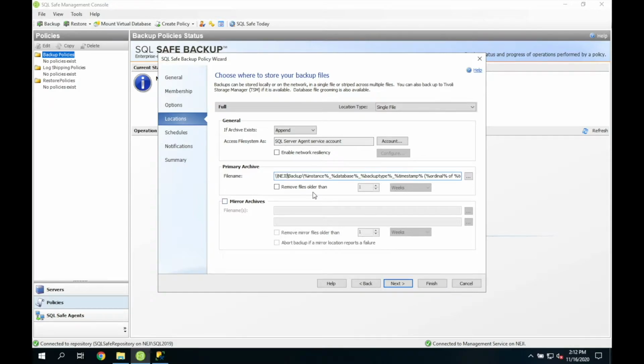And if you're interested in removing files older than X number of days or weeks or what have you, a certain time period, just check this option. This is real helpful when it comes to making sure that you only keep the backup files that you really need. Also helps in terms of